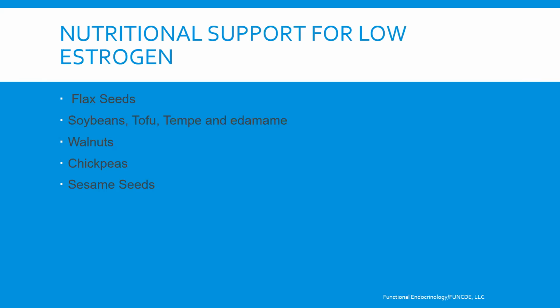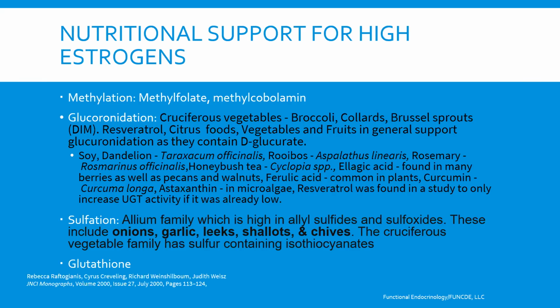So what do we do to support low estrogen? Flax seeds, different soy products, walnuts, chickpeas, sesame seeds, those are all supporters of low estrogen. What do we do for high estrogen? We support methylation and provide you with methylfolate or methylcobalamin. Glucuronidation, that's through the GI tract. We need to make sure that